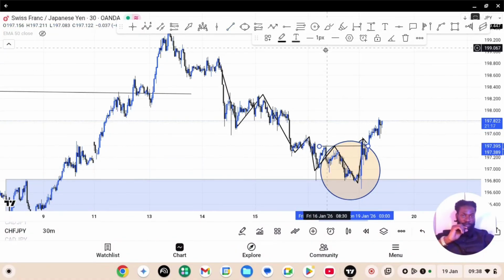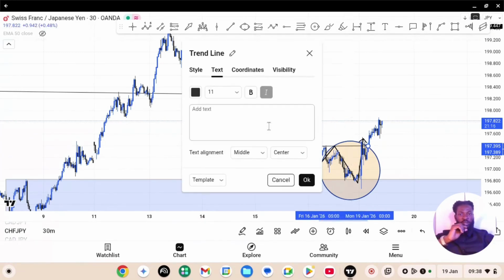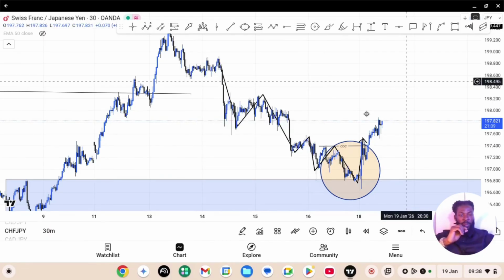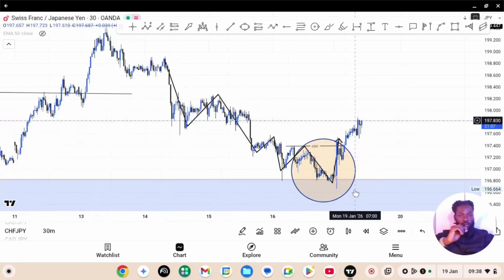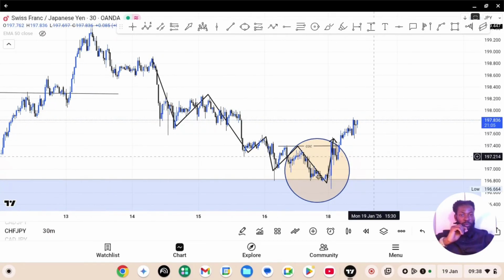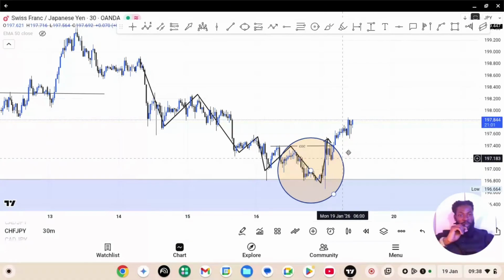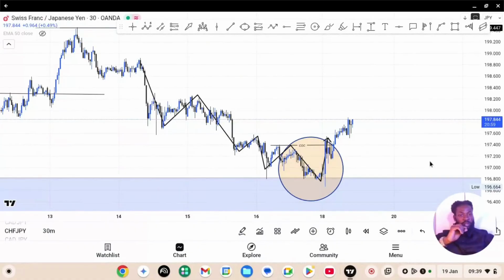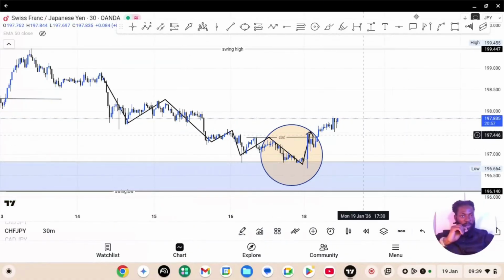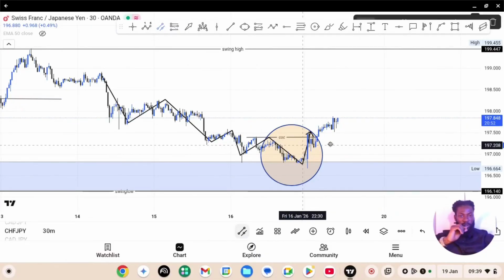Now we have a change of character here. You can call it market structure shift. Let me just mark it, change of character. When you have the change of character, what you simply do is look for a fair value gap on that 30 minutes time frame or an order block to execute your market. Look, we have a fair value gap here